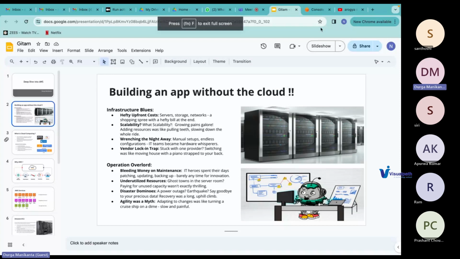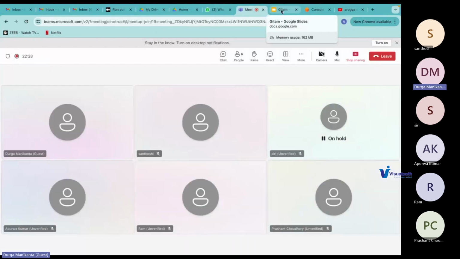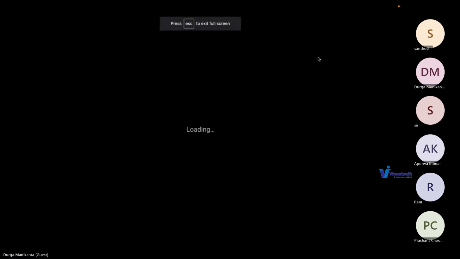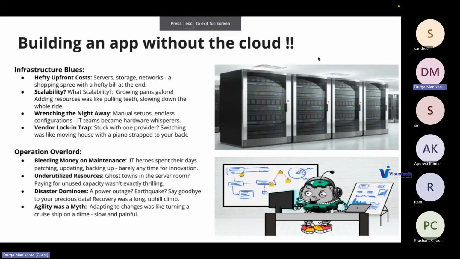I'll ask a question. As most of you are already in the IT field, can you let me know how much time it takes to get a server built on-premises? Someone may be an Oracle DBA, an Exchange Server admin, or a DevOps engineer.